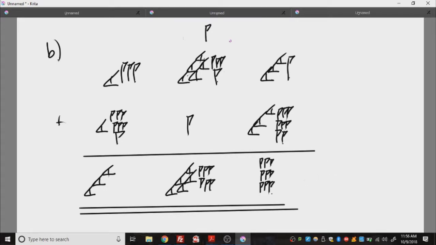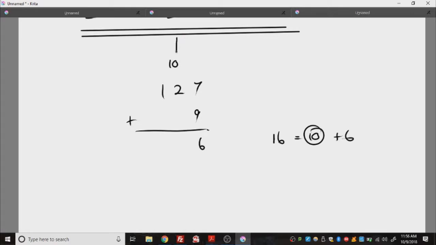decimal addition, if you think of, I don't know, 127 plus 9, what are we really doing? 7 plus 9 is 16. That is 1 group of 10 and 6 left over. But you don't write 10 here because these are counting the 10s. How many 10s did you carry over? Just 1. Which then becomes